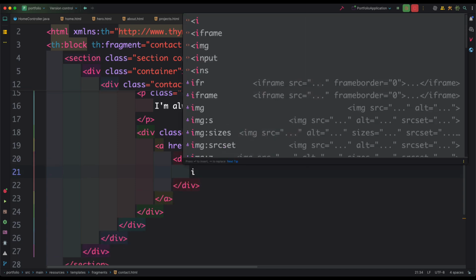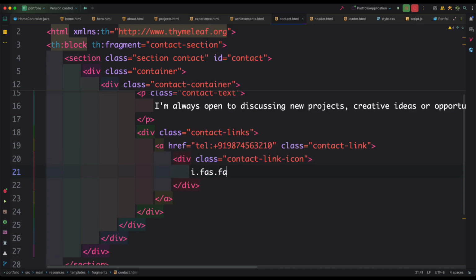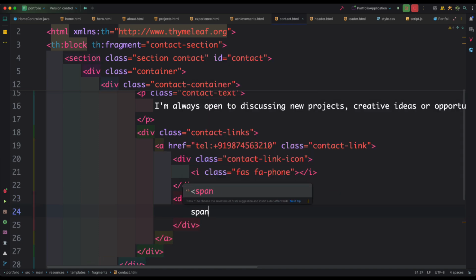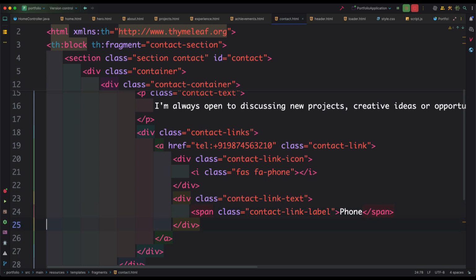We can add the Font Awesome icon, phone icon I'm going to add, and after this div create one more div with a class contact link text, contact link label, which is going to be phone, span, contact link value, and I'm going to add the value, which is going to be